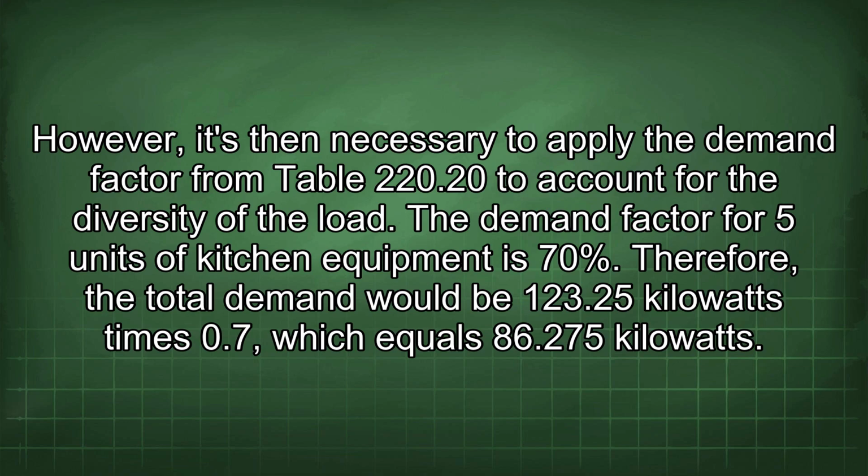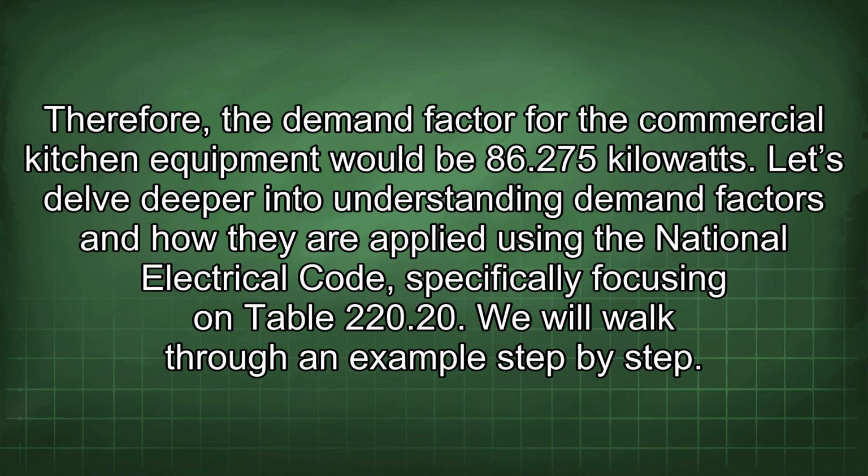the load. The demand factor for 5 units of kitchen equipment is 70%. Therefore, the total demand would be 123.25 kilowatts times 0.7, which equals 86.275 kilowatts. Therefore, the demand factor for the commercial kitchen equipment would be